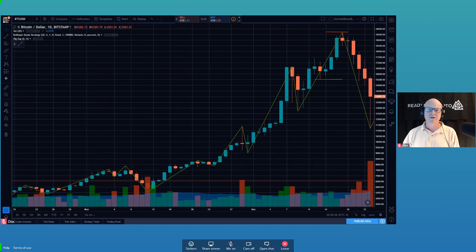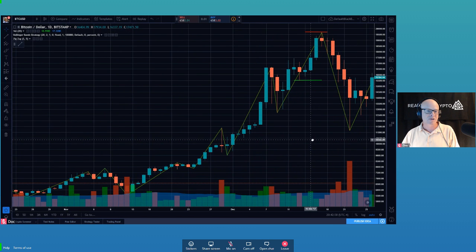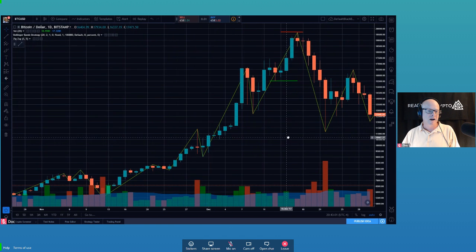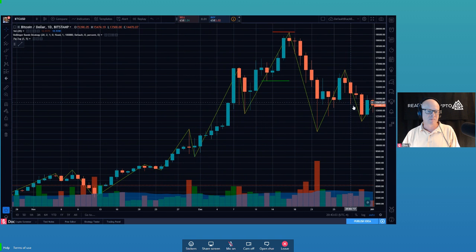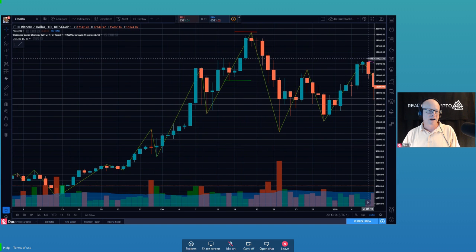But the way I would read this is pretty much as this thing shows. This is the step that they're missing and that I got. So right now, this is my prior swing low. That is the important level that I want to manage off of right now. Okay, so this is an uptrend. This is starting to transition to a downtrend. Now we could go through the whole confirmation process here. It needs to put in a lower high and then a lower low. And right now we're just sort of shaking and baking around. This is a higher low. Here comes a higher high.